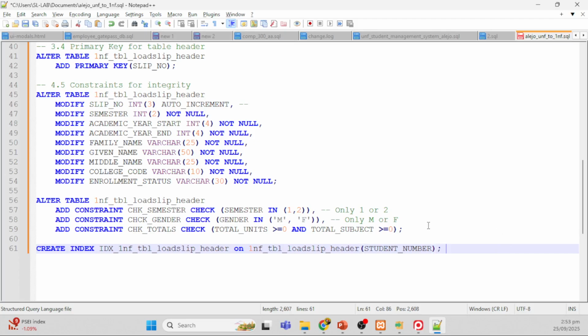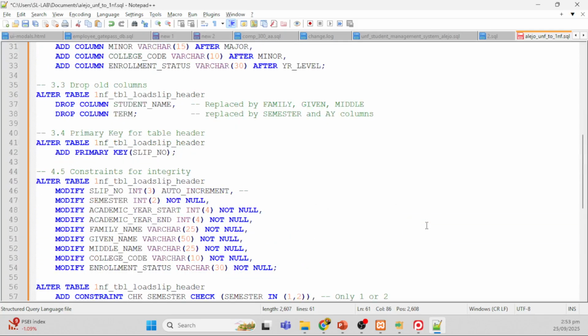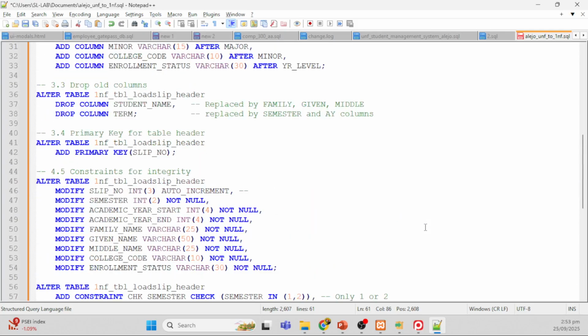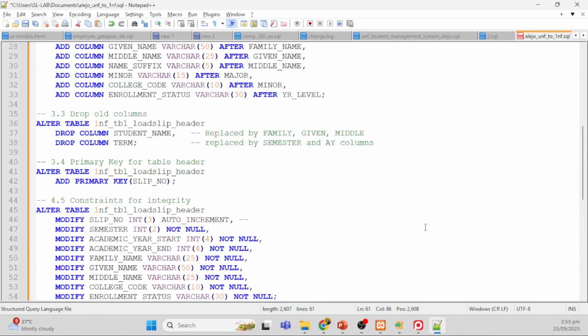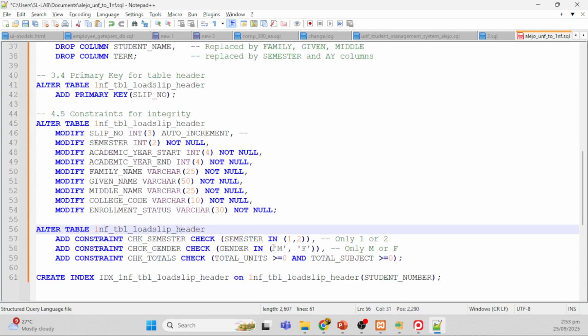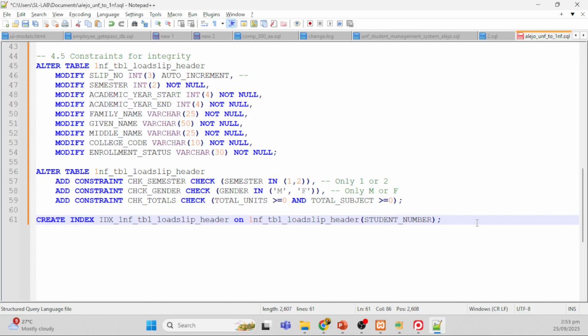That's how we migrate from an UNF to a first normal form. Okay, so that's intended for the 1NF table load sleep header. Okay, so for the step 4, oh no, step 5,